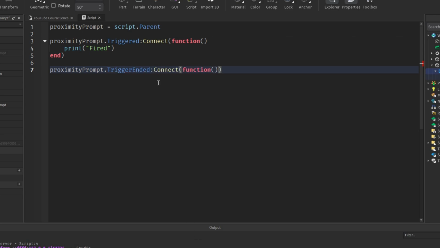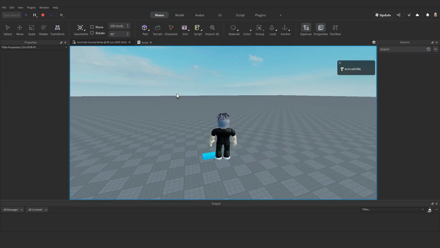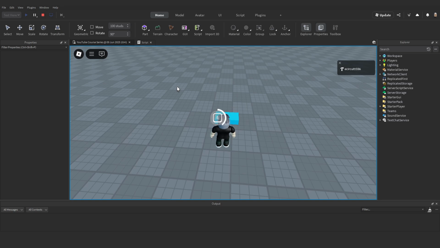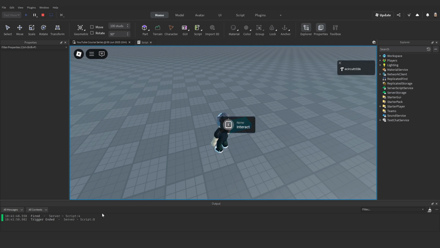:connect function. And in here, let's print trigger ended. And see what happens. So if we hold E the entire time, our fired calls, but I'm still holding E. As soon as I let go of it, it calls the trigger ended. If I now hold E and then let go before it finishes,